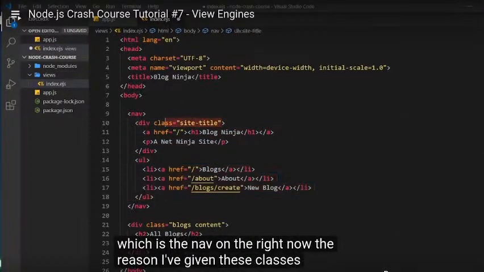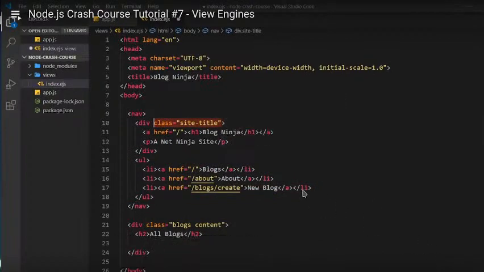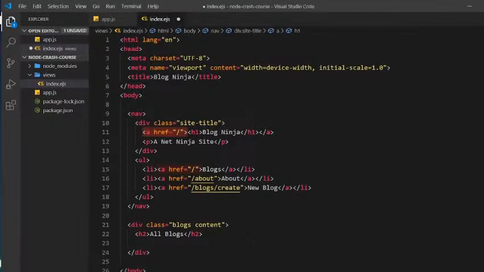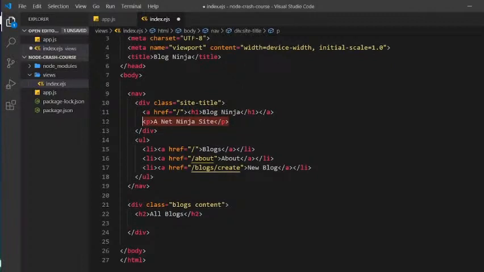Now, the reason I've given these classes is because later on we're going to style these a little bit. So inside this site title, we have an anchor tag, which goes to the home page, and there's an H1 inside that, and this is Blog Ninja. Now, we also have a paragraph tag under that that says this is a NetNinja site. I realise that's very egotistical of me, but nonetheless, below that we have a nav right here, and there's three